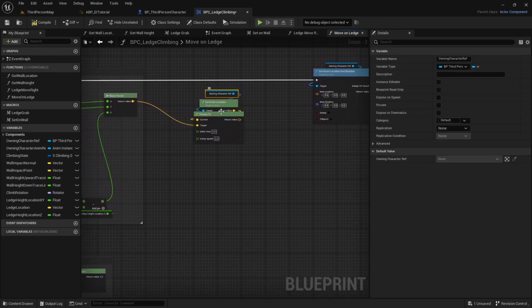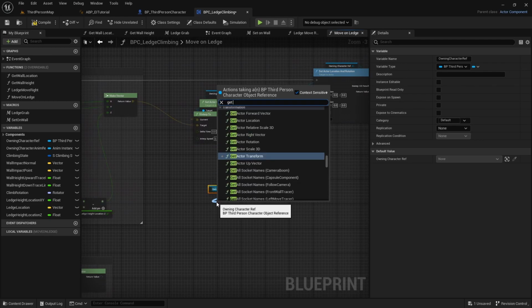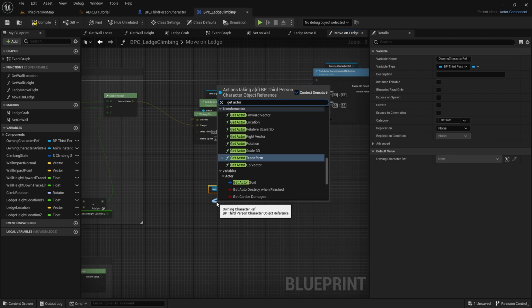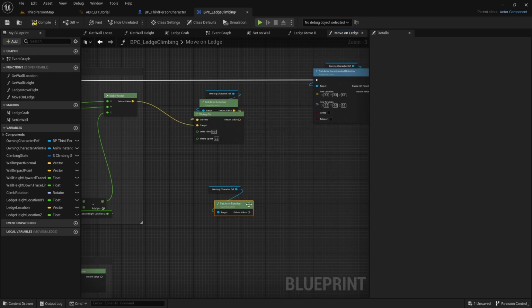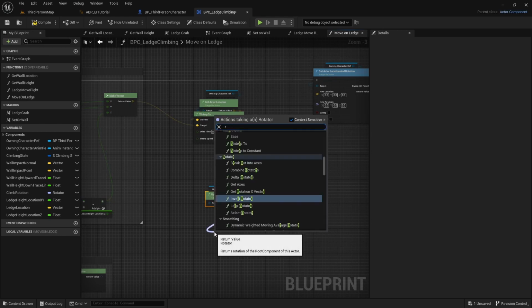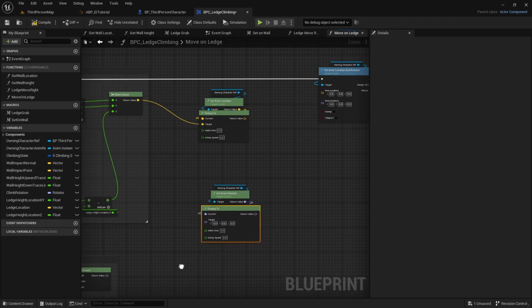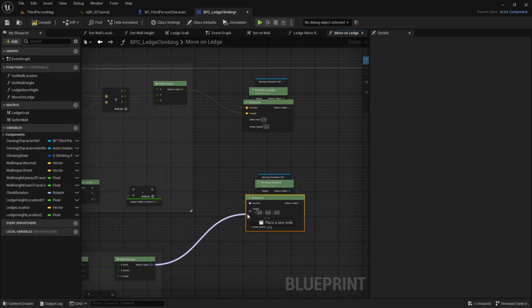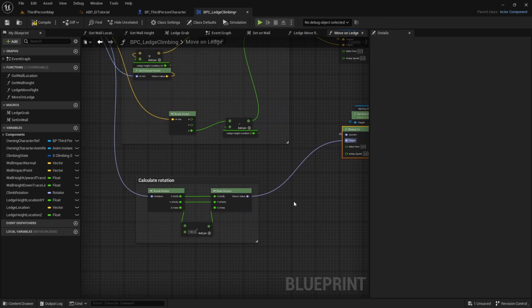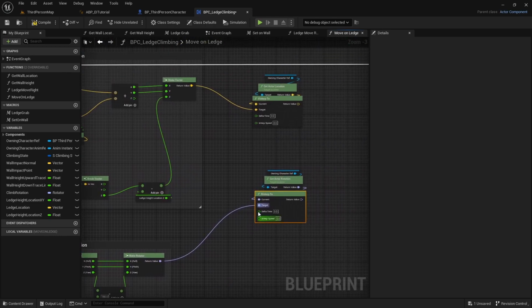And then we're going to duplicate our owning character reference. We're going to get actor rotation, and we're going to R interp to, rotator interp to, and we're going to connect the return value of our make rotator from our calculate rotation to